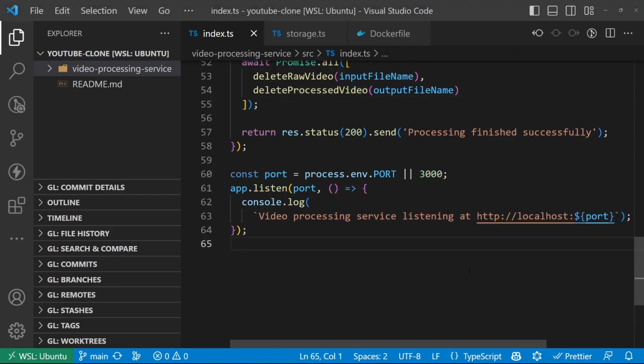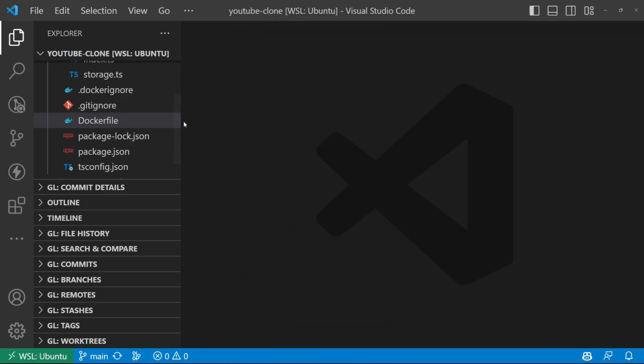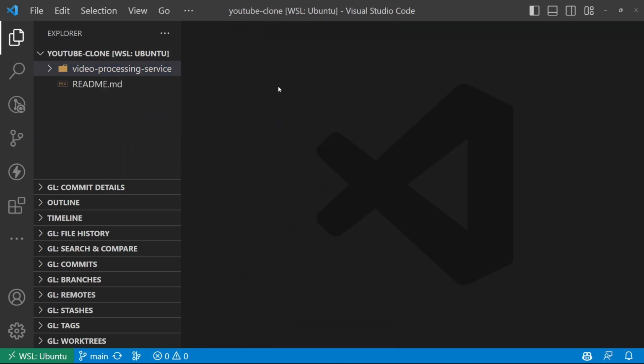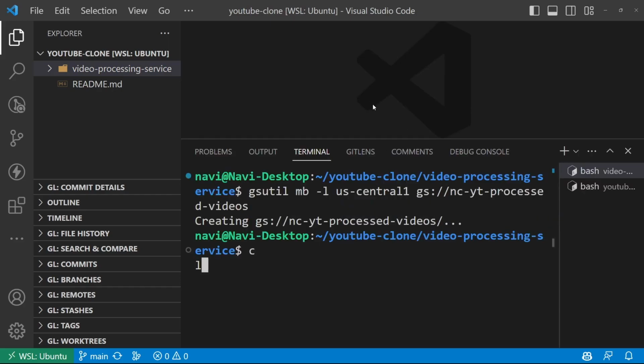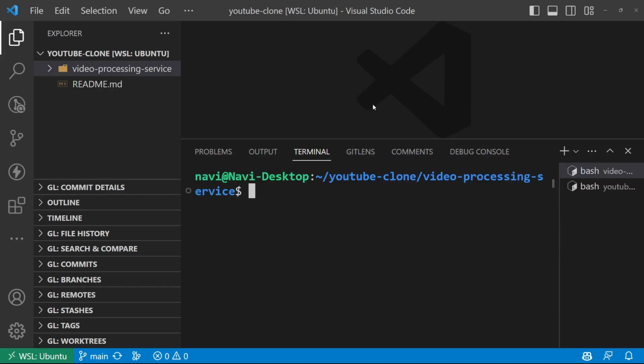Okay, so now let's get into the part that you might have been waiting for, the UI. And we're not going to be needing any of these files because we are going to create a new directory. I'm going to do that via the command line. So let's clear and let's navigate out of the video processing directory and make a new directory calling it the